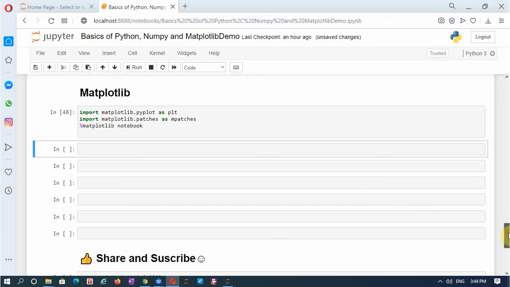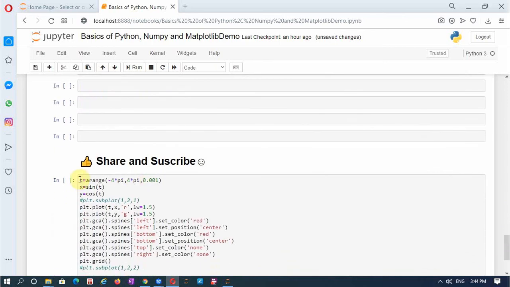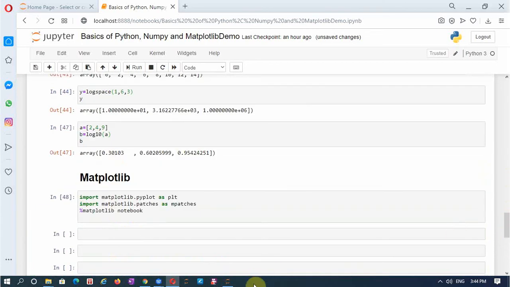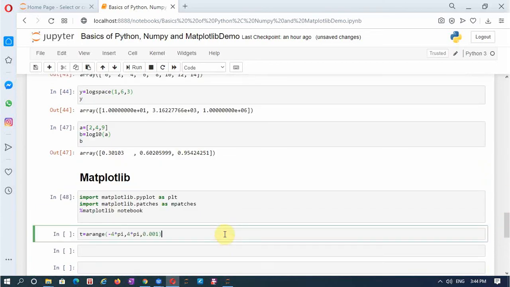Next, I'll consider an array of T. This T is arranged from, instead of minus 4 pi, I'll make it 0, 0 to 4 pi in steps of 0.01.